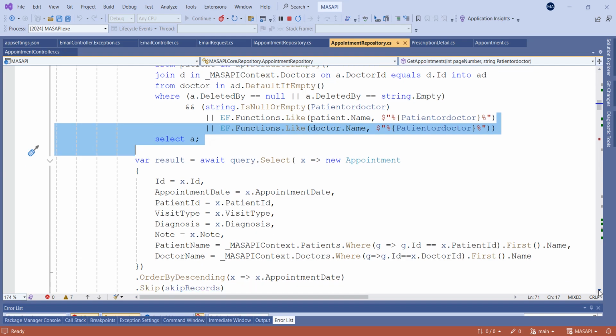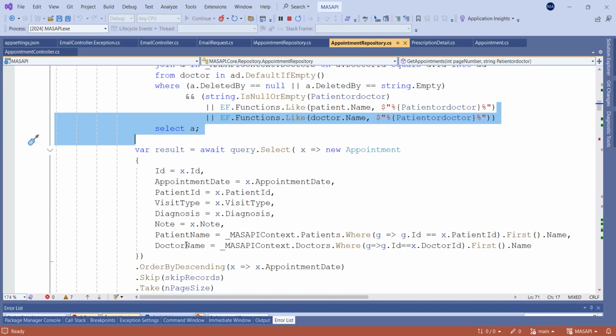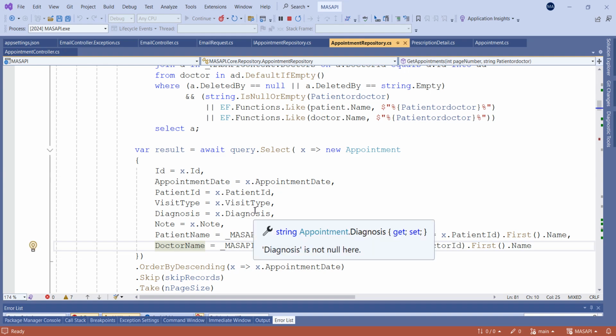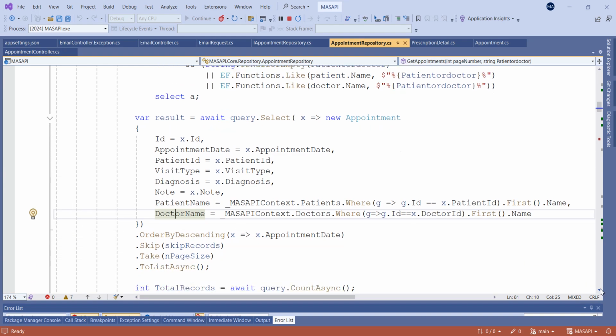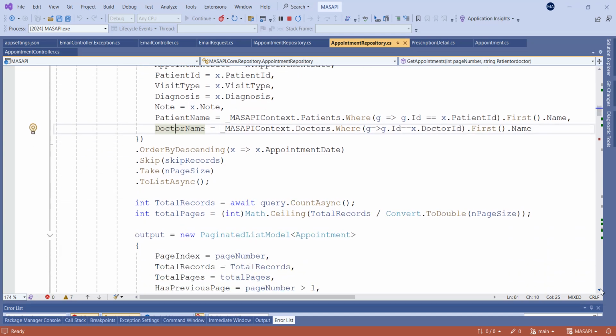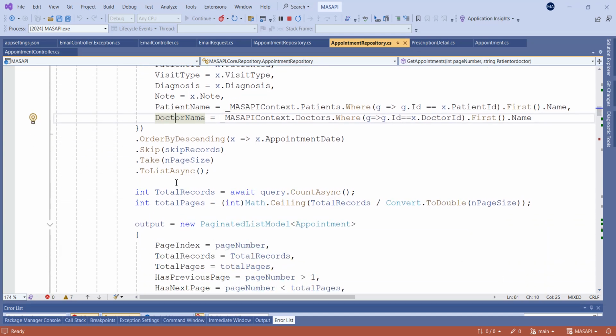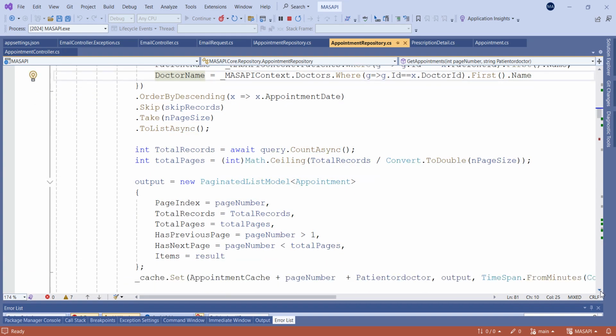After the query, the data will result in here. Just appointment date, patient ID, visit type, diagnosis, patient name, doctor name, and I order by appointment date and take the number of records, which depends on the page number, and then I take total records, total pages calculation, and then I return the output object or the page